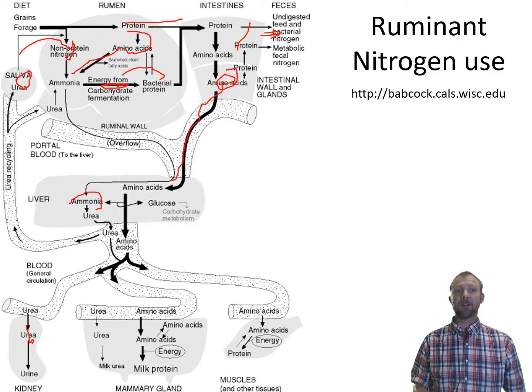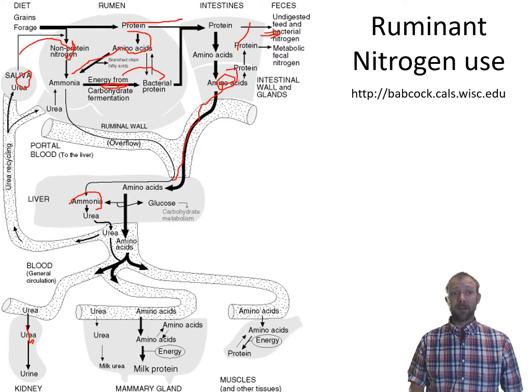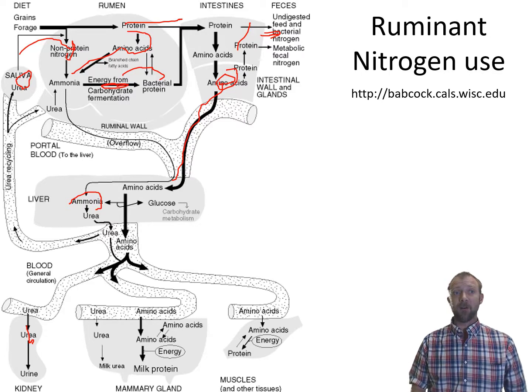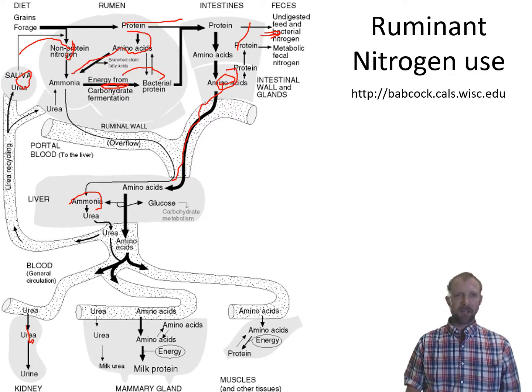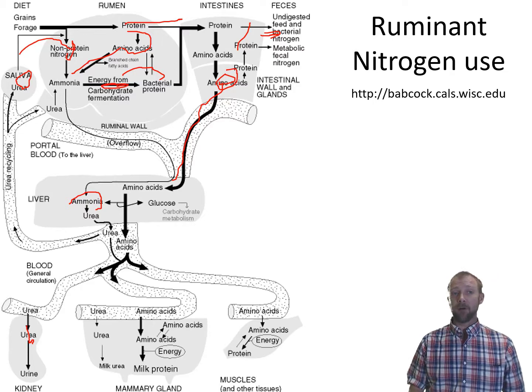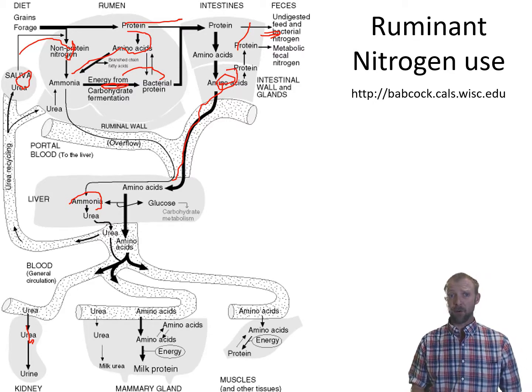That's important, okay, because we can actually use that to our advantage when we're feeding our sheep, especially our maintenance ewes. So again, the bacterial protein will break down, and then they come to the protein and it gets absorbed. And then in the liver, they can either be released as amino acids to go towards the muscle for muscle growth or for milk protein production or for many other functions that exist, or they can actually be broken down. Most of the amino acids can be broken down and made into glucose as well. They're gluconeogenic as well.